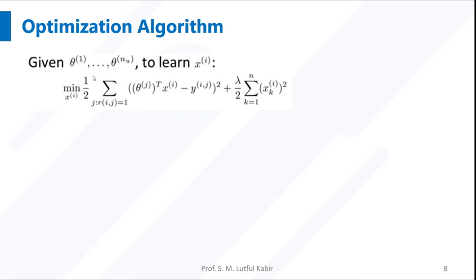So the minimization or objective function is theta j transpose multiplied by xi minus yij, squared, and that is the error square. We take only the terms where rij equals 1, and also the regularization term. Since we are minimizing over xi, all xi squared has to be summed up together and multiplied by lambda by 2. So this is the statement